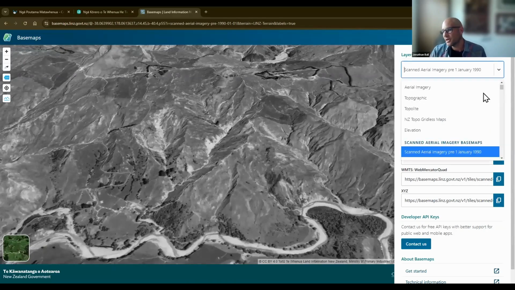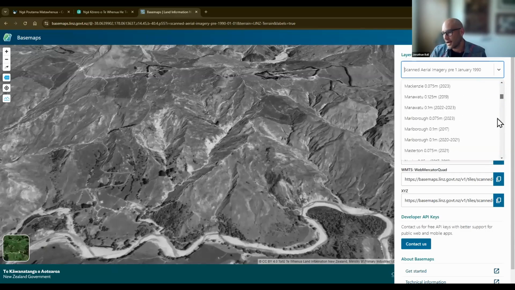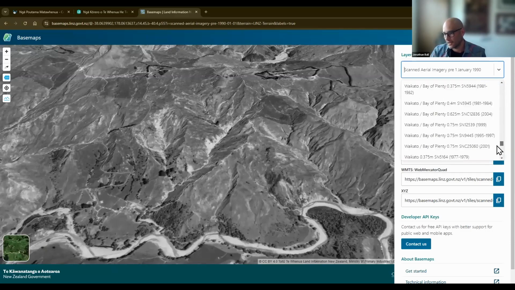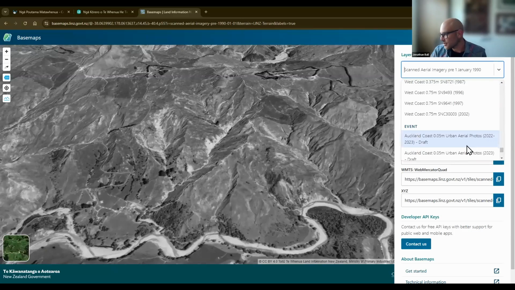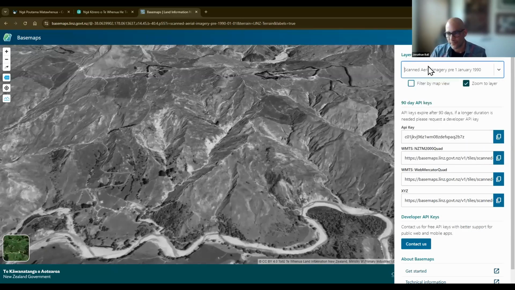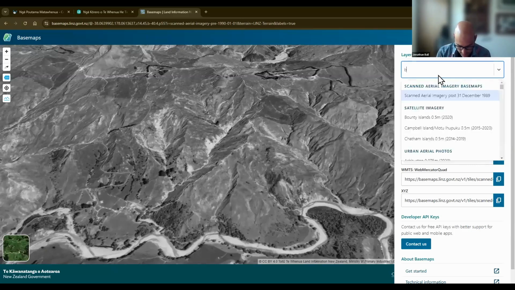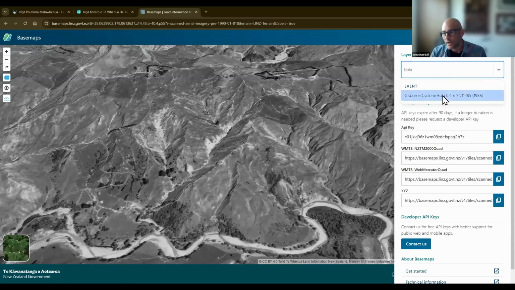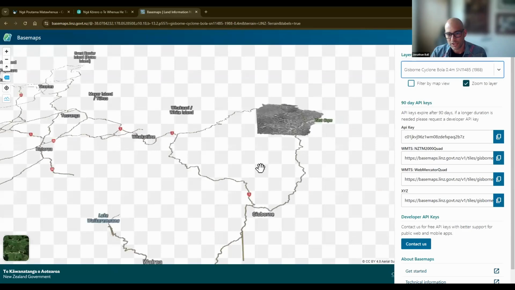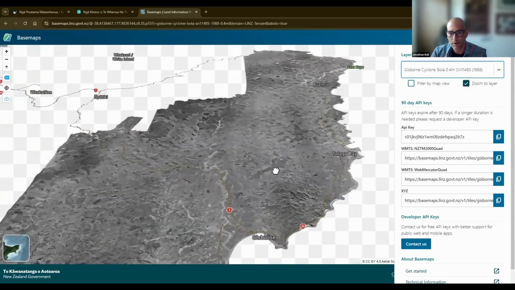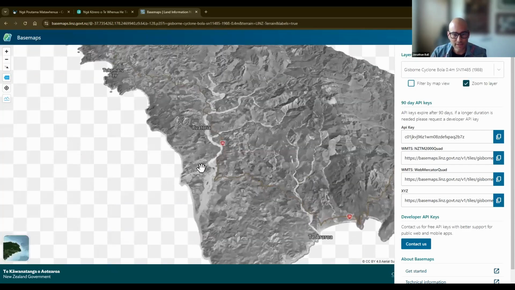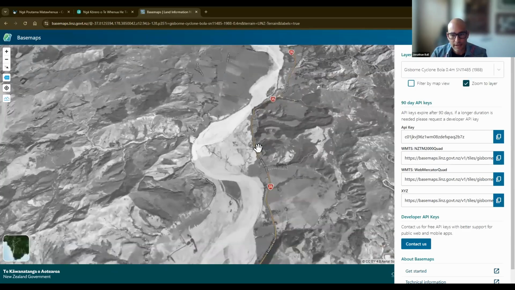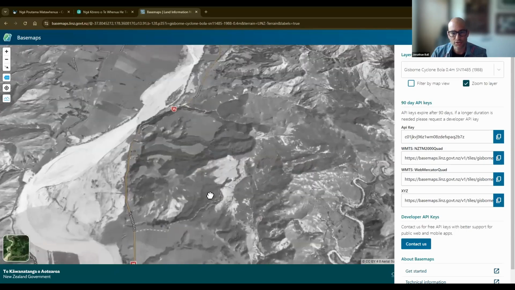We also publish imagery that we collect from events, normally negative events like flooding or cyclones. If I search up Bowler, we can look at imagery taken directly after Cyclone Bowler. Again, all in 3D. And we can see the damage that it caused.